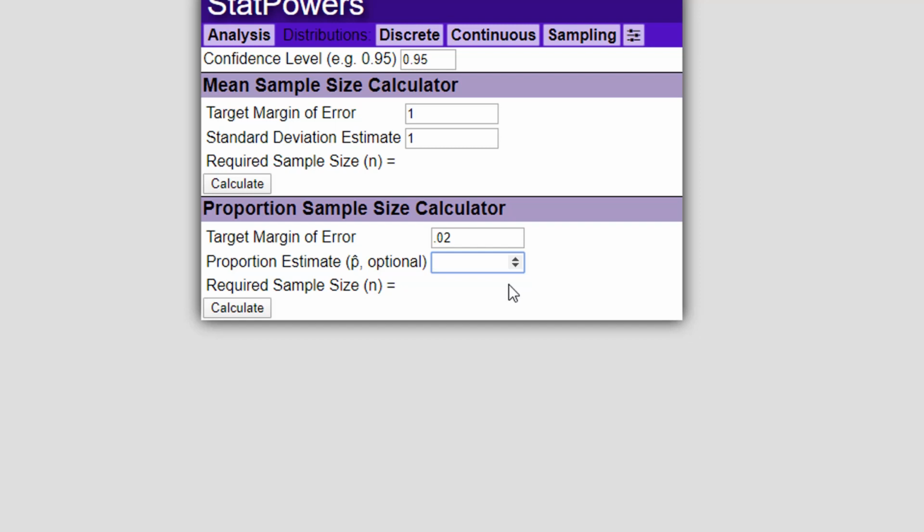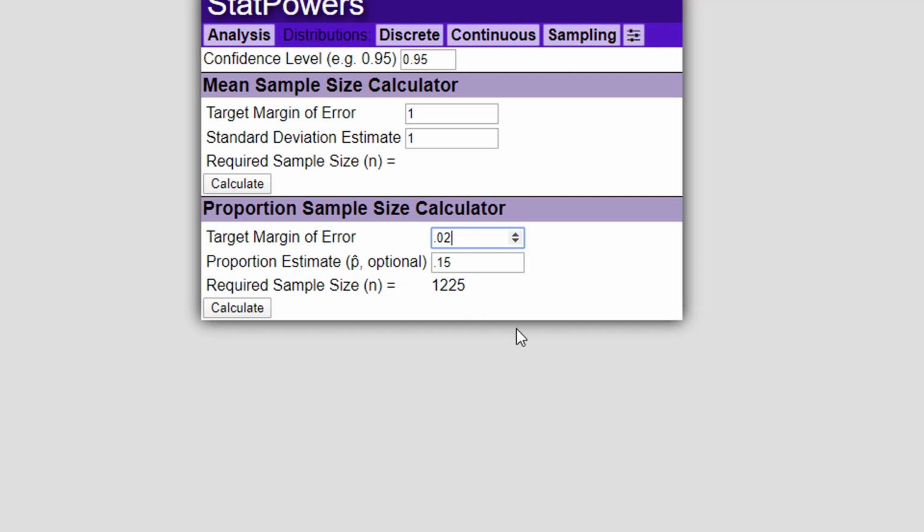let's change it from sea turtles to something else. Let's say that I think about 15% of German shepherds have green eyes, and I want to come up with a good confidence interval for that. I think it's about 15%, and I want a margin of error of 0.02. Well, there we go. It tells me I need to sample 1,225